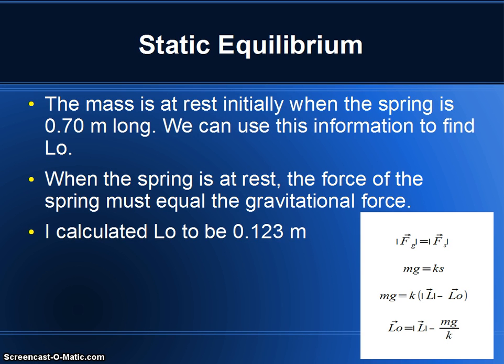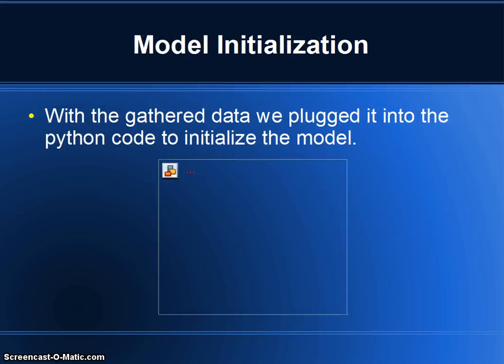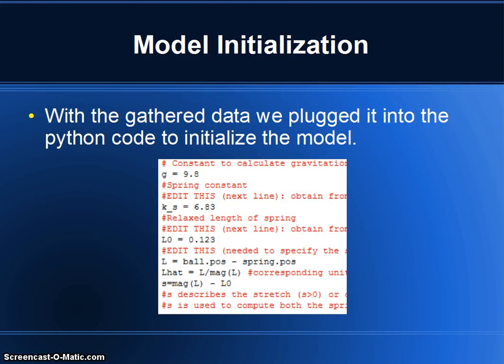We know the mass is initially at rest when the spring is 0.7 meters long, and that is our L in this case. And when the spring is at rest, the force of the spring must equal the gravitational force, so mg must equal K times S. We can replace S with L minus L naught and rearrange this equation to find L naught to be 0.123 meters. This is the code that we use to initialize our model, where gravity is 9.8, our spring constant 6.83,